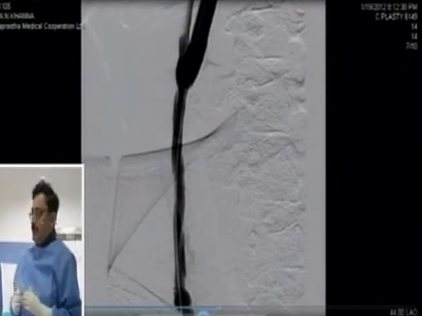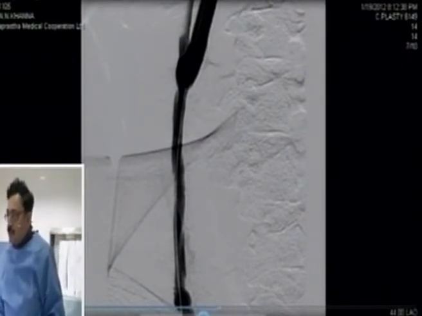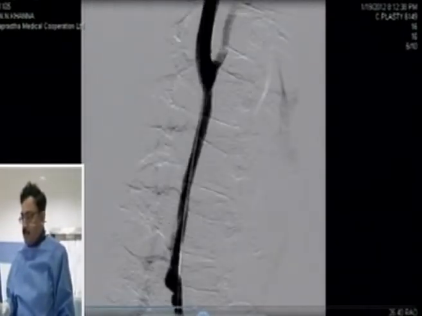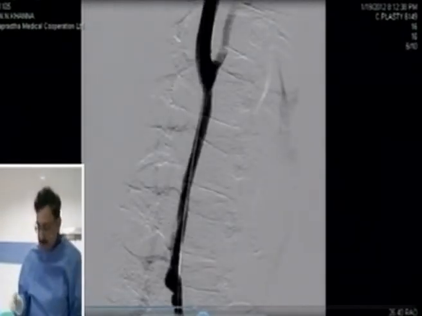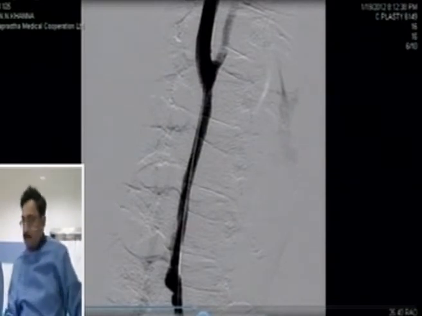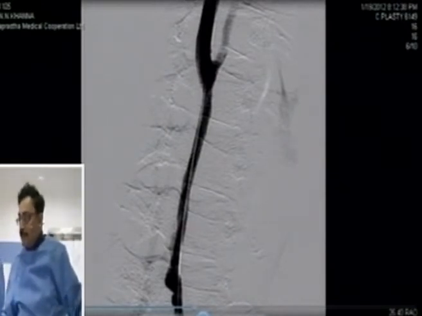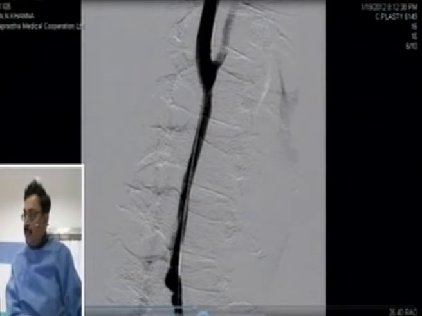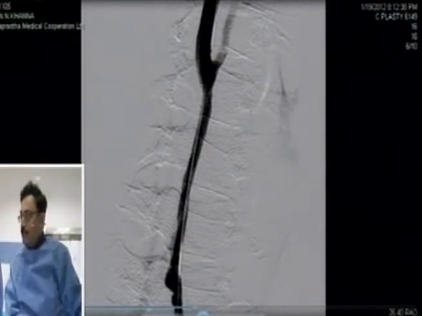Normally, the disease does not involve the internal carotid. It is sort of localized up to the common carotid or the bifurcation, and there is a good flow from the external into the internal. A good thing to note is that the ICA diameter is bigger than the CCA, because I haven't dilated the CCA to the full level. I think it's better to just leave it at a suboptimal stage. We do not want a cosmetic result. Otherwise, we'll end up putting in a stent.